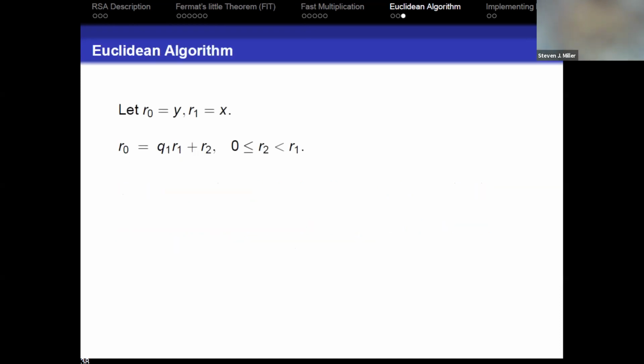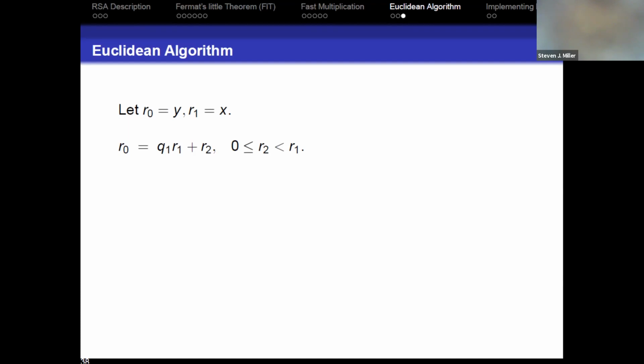All right, so let's let R0 be Y and R1 be X. And the reason is, this way we can have a unified notation. If we have X and Y, those are special letters. This way I'm going to have a chain. I'm going to keep constructing new letters in the sequence. So we'll start with R0, R1, coming next, R2.